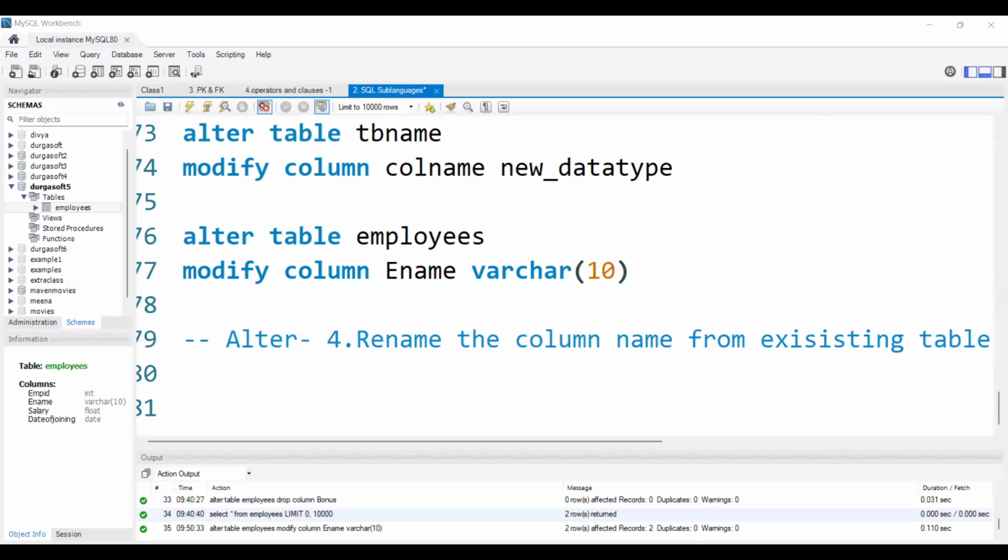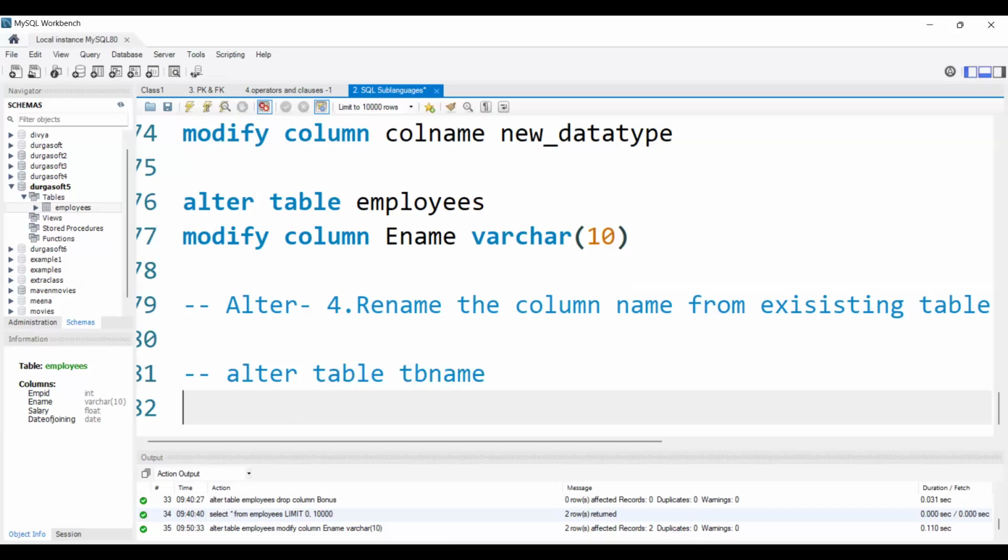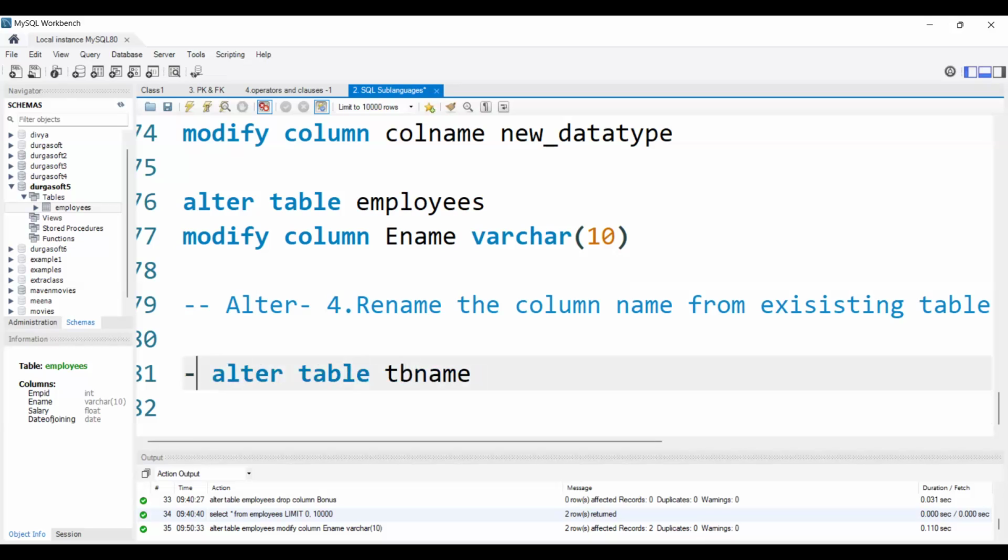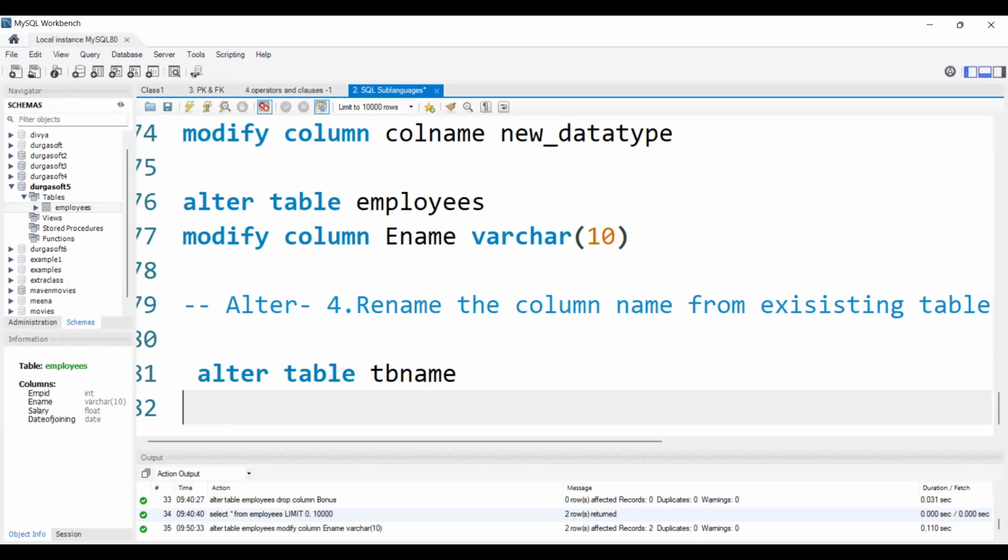The syntax used here is ALTER TABLE table name RENAME. Obviously, for renaming the column we will use rename only.